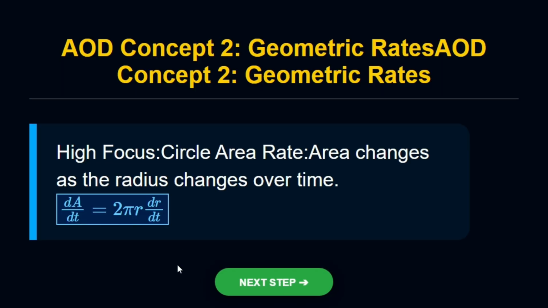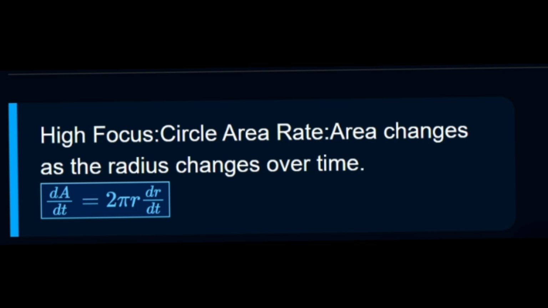Now, circle area rate. Area changes as radius changes over time, which means the area and radius will change with respect to time. The formula: differentiation of A with respect to t is equal to 2 pi r dr by dt. Differentiation of radius, which means